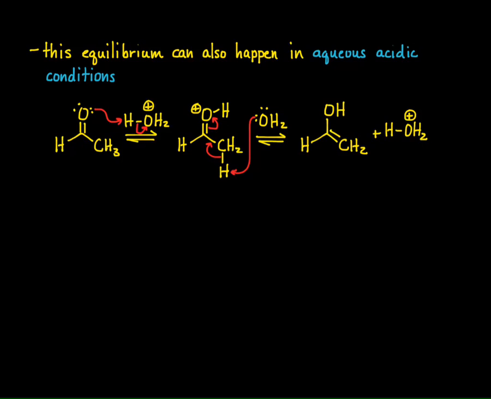Right? So now notice in basic conditions I form the enolate, and then the enolate gets protonated. In acidic conditions I never form an enolate. I protonate the carbonyl oxygen, and then I form the enol from that. And so of course this is in equilibrium, so I can go reverse. I can go backwards to make my aldehyde, my acetaldehyde, so we can show that relatively easily. And the way that you show the reverse of that is that you